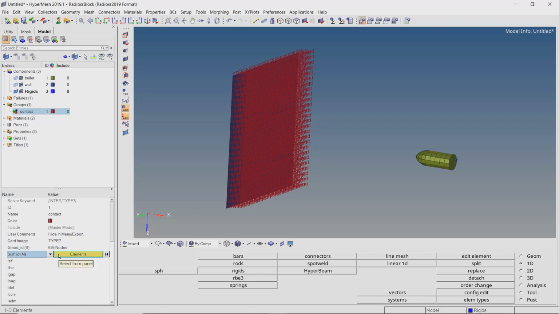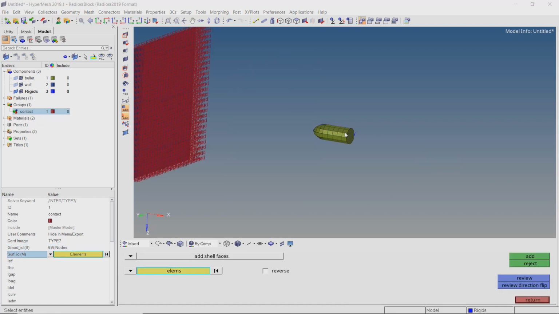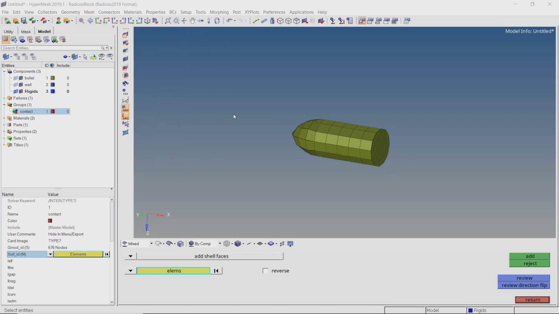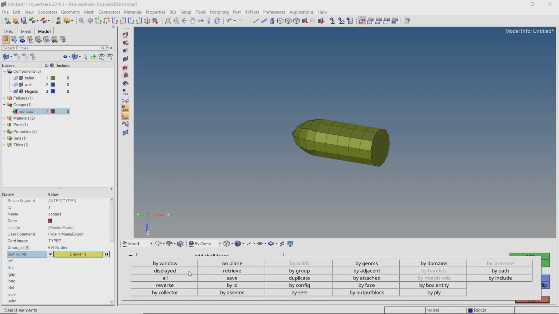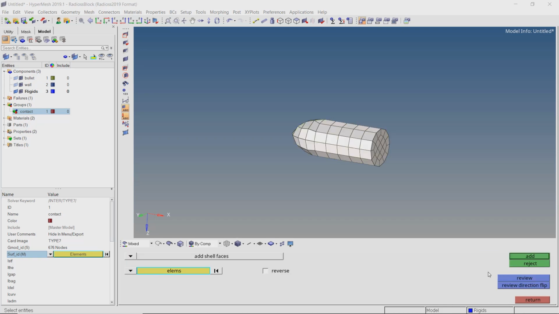In the master elements selection box, we will select all the elements in the bullet component. We can use the by collector selection criteria so that we don't miss out on any elements.